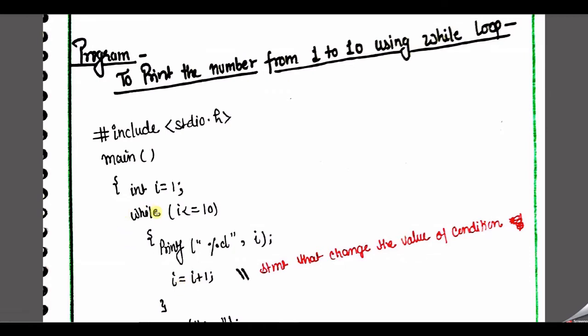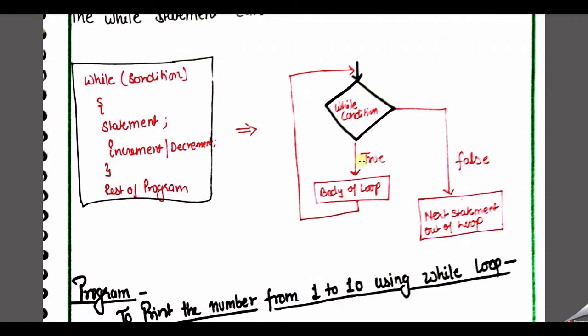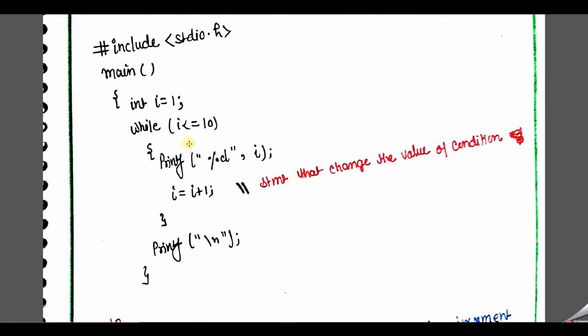And again where do we have to go? According to the flow chart, look once again, I show you once again. Whenever the condition value is true, then we go through the body of the loop, and again where do we have to go? We go to the condition. Okay, so right now we again go to the condition for I equal to 3, and here again I get I less than or equal to 10. Yes, the condition value is true. Again we execute our loop, and we print I equal to 3. And then again we need to increment.